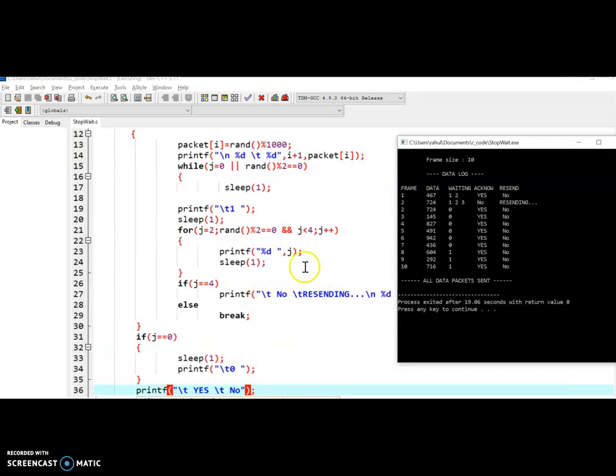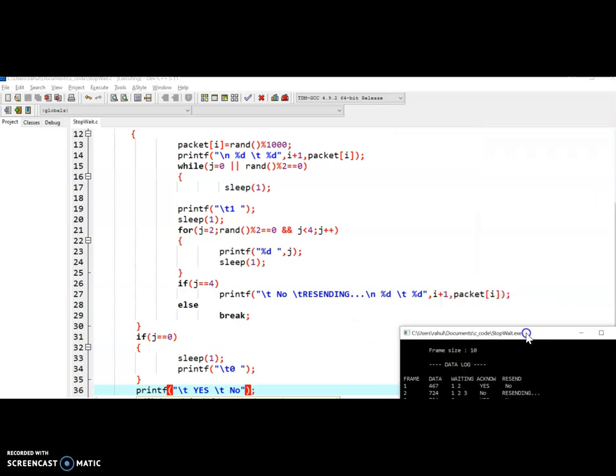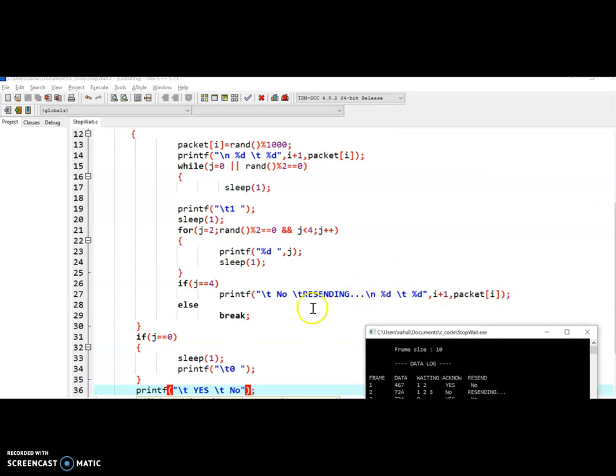Once it comes here, if j equal to 4, we have to resend the data, resending mod then i plus 1 of the packet.